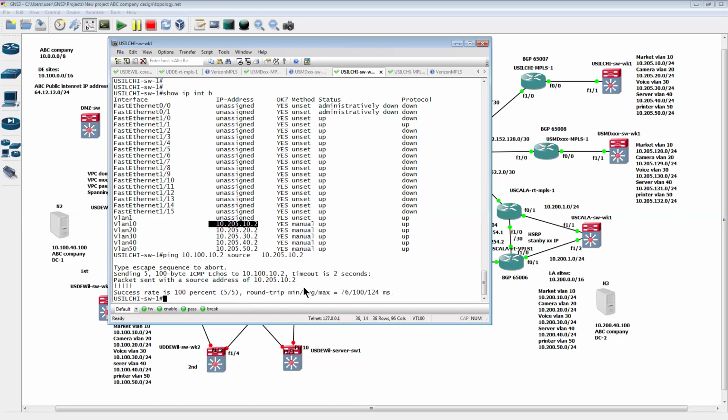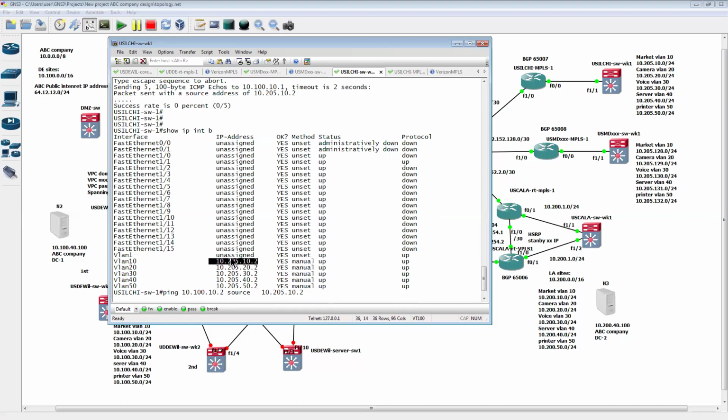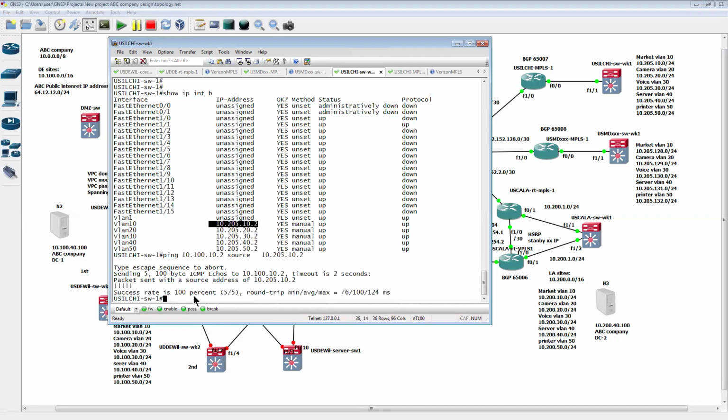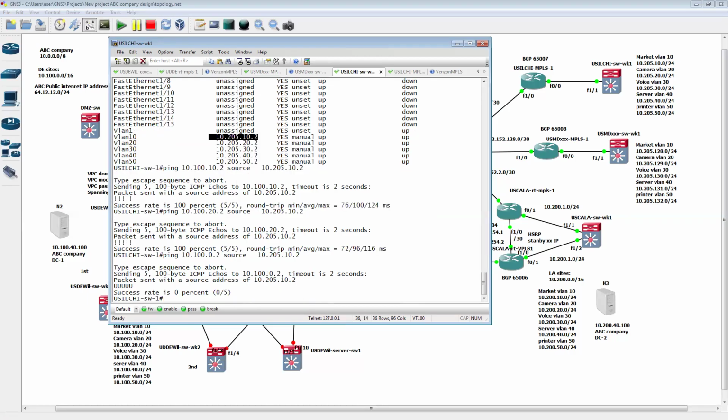Well, maybe we have a typo issue in here. Oh yeah, this is 10.1, not able. Maybe we don't have the reachability for 10.1. Okay. Beautiful. And then let's try it again. How about 20? Yes, beautiful. And then how about 30? Oh,